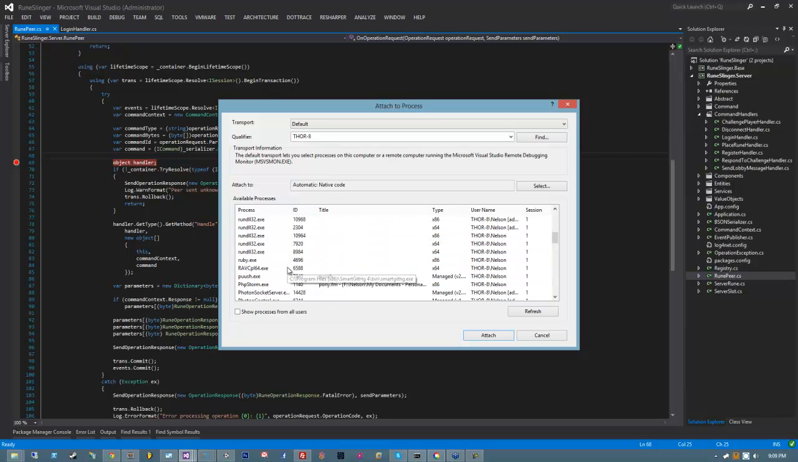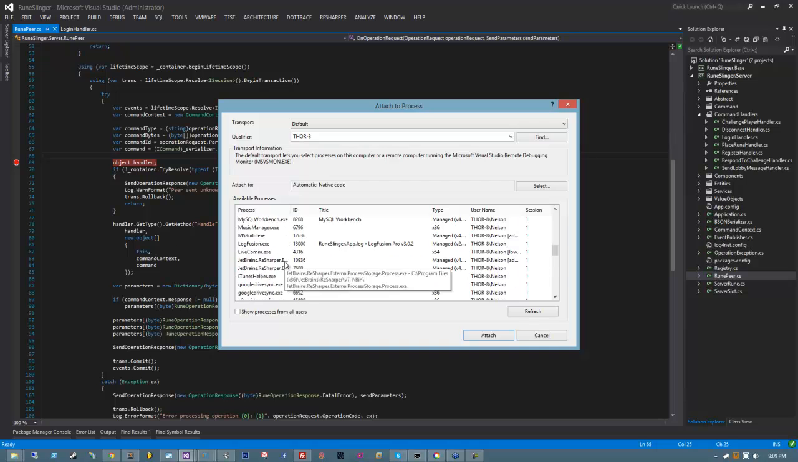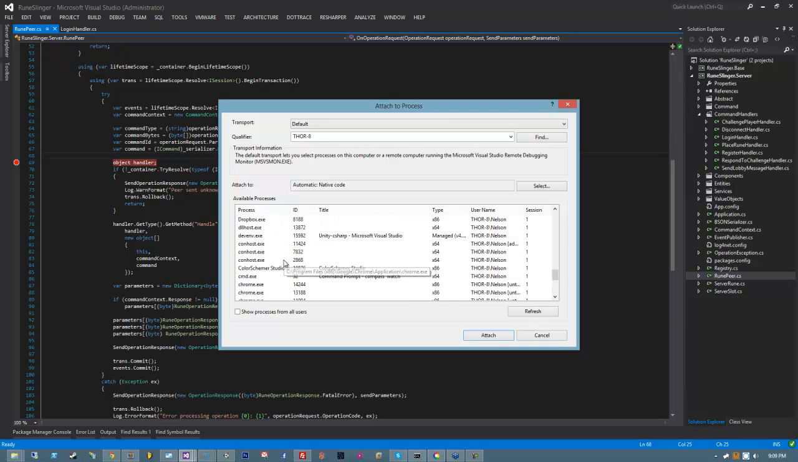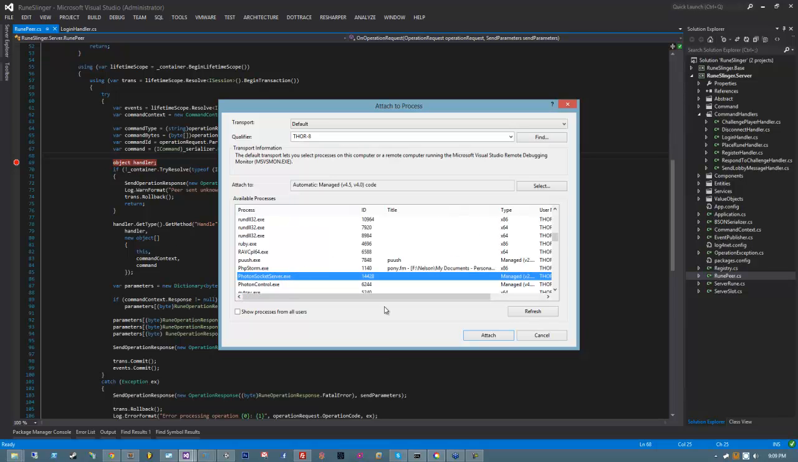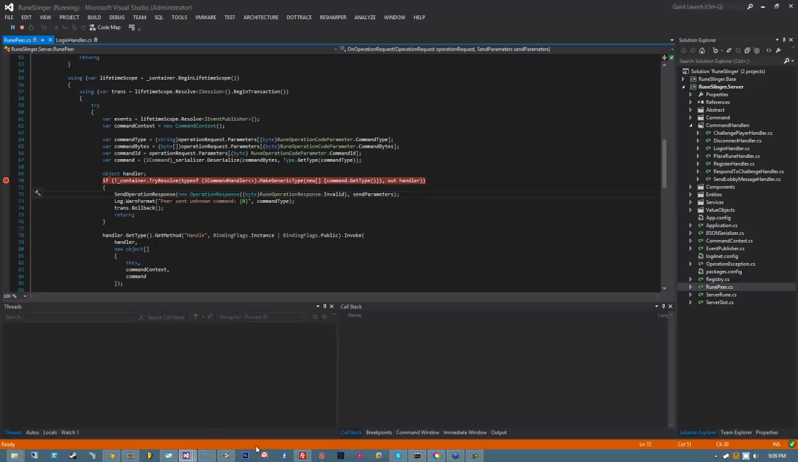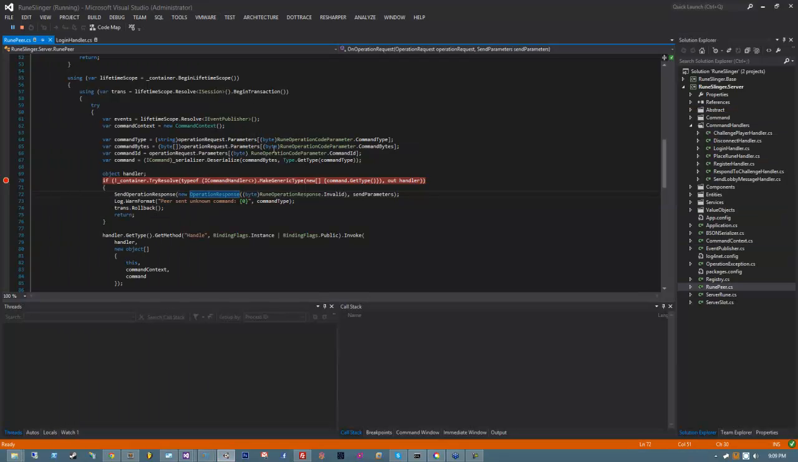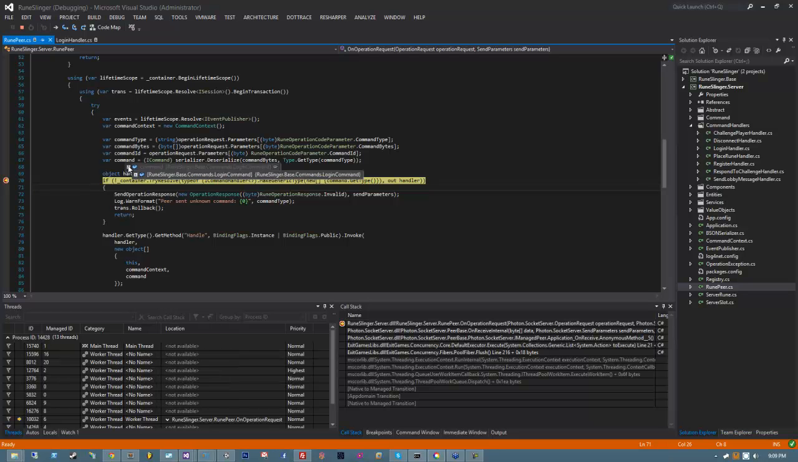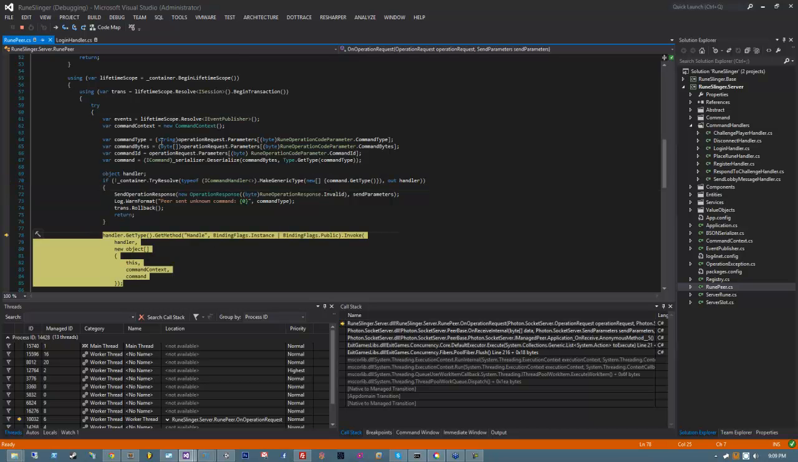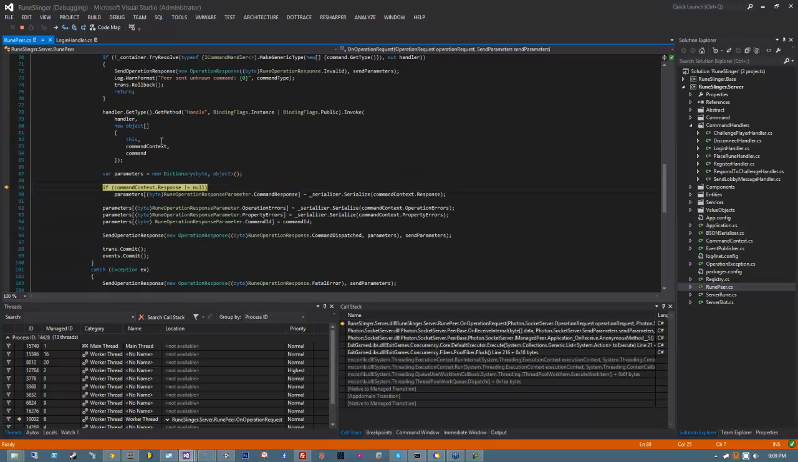Where are you? Photon starts with a P, doesn't it? Why is everything backwards? There we go. And then I'm going to move this up, and I'm going to hit play, and I'm going to see what happens when I send in a command. Okay, so command comes in. It does get deserialized properly. Our response does get set